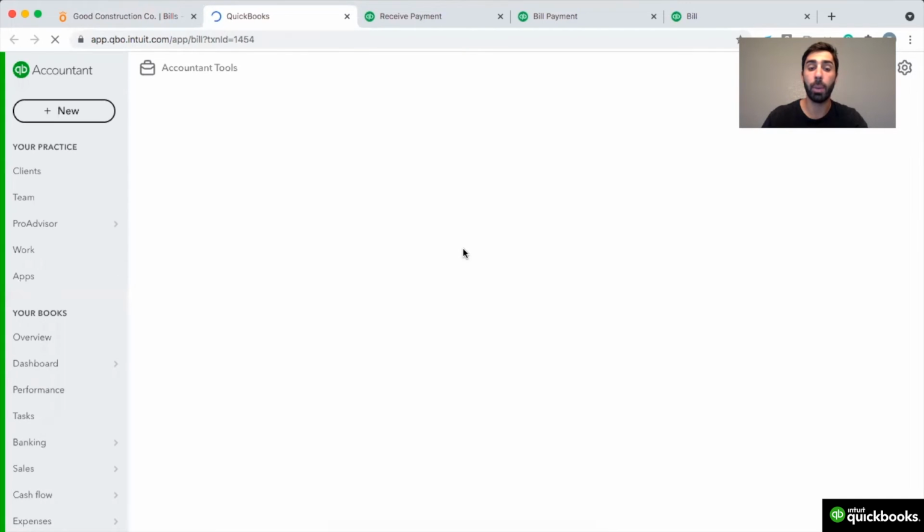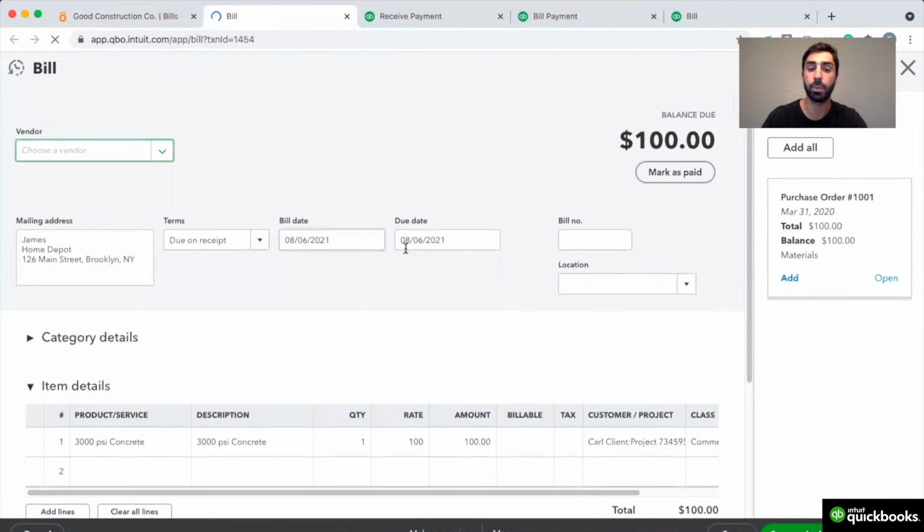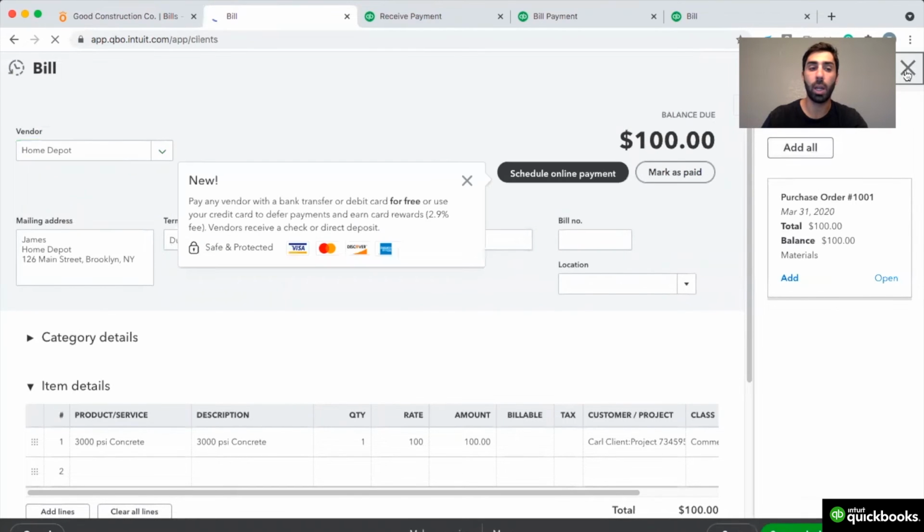Similarly, I can log my bills in QuickBooks and they will sync back to Knowify. There are a couple automatic syncs that happen, but you can always speed up the process by clicking the Sync Now button in my Knowify account. So if I'm to log a bill in my QuickBooks account now,